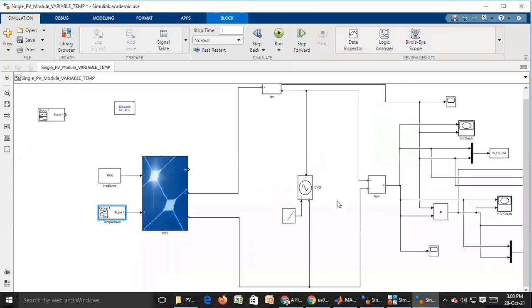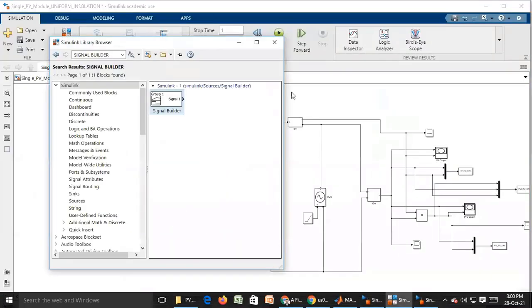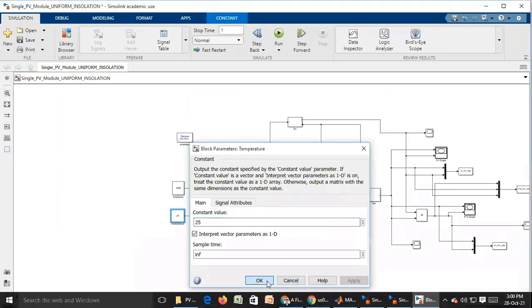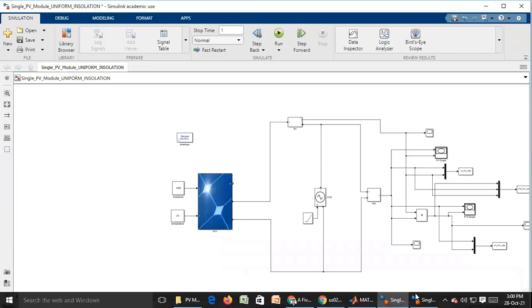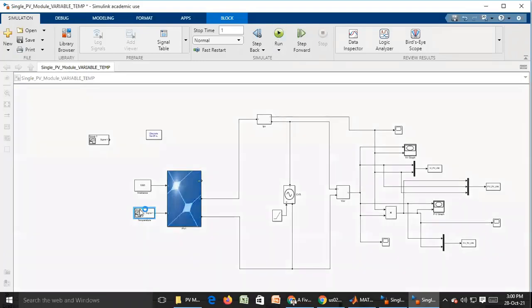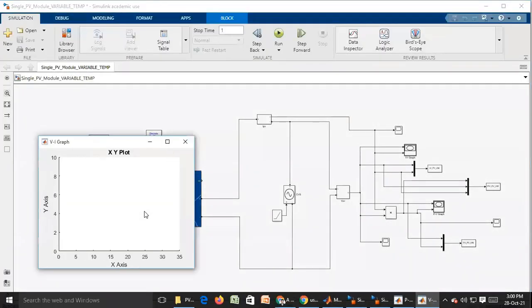In the earlier application I showed you, throughout the period 25 degrees constant I had taken, and we already saw how the XY graphs look. Now, if the temperature is changing, we will see how the output will be. I have taken how it changes from 0 to 2 seconds.